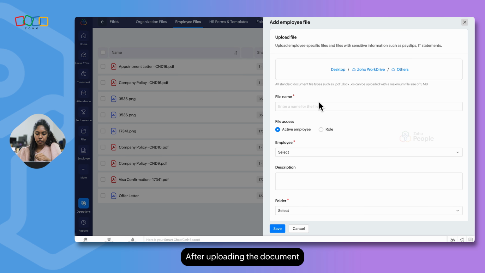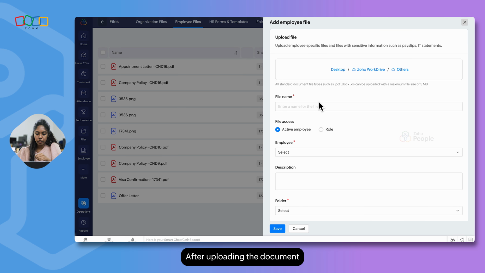If this file is employee specific, you can select this option Active Employee, and then you get an option to select a particular employee name. In case this file is shared with a role, for example, a leave policy document that you would like to share with the managers, you can select role, and then you have an option to select a particular role. After making this choice, write a description if needed.